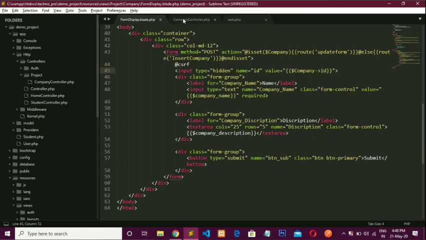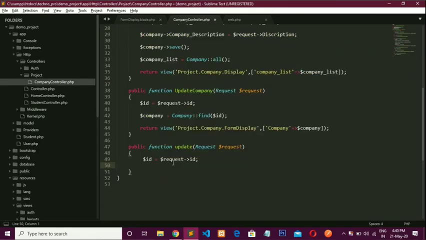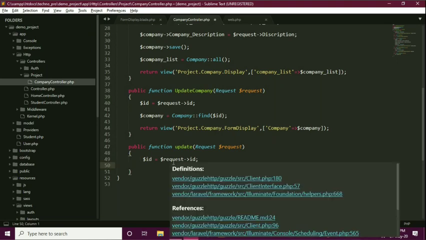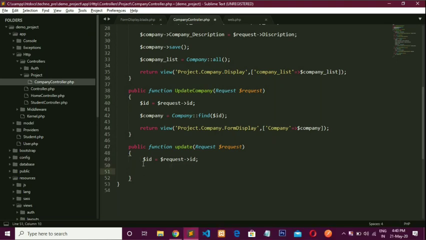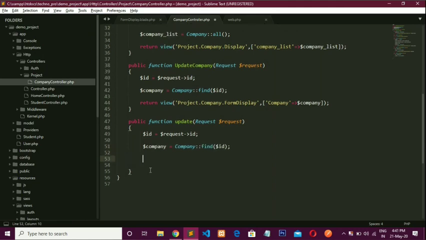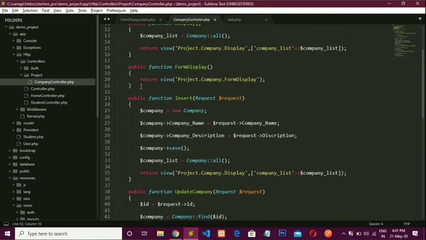So go to the company controller. First of all, write this line. Now second, we have to find the record first of all. So write this second line also, and now where is the insert code?